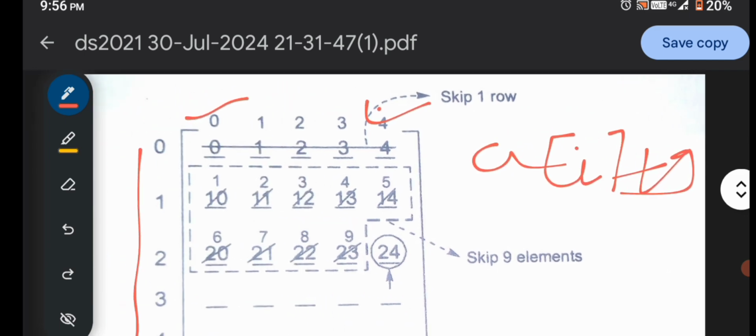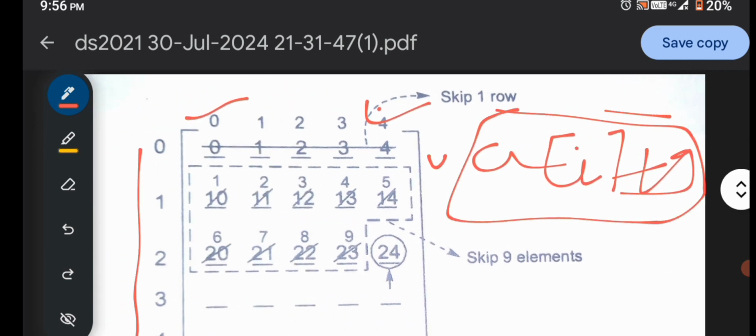Based on that, the value will be printed. If we skip the first line, we get the ninth element, 1 2 3 4 5 6 7 8 9, and at the end the 10th element will be printed. So the correct answer for this question is 24.